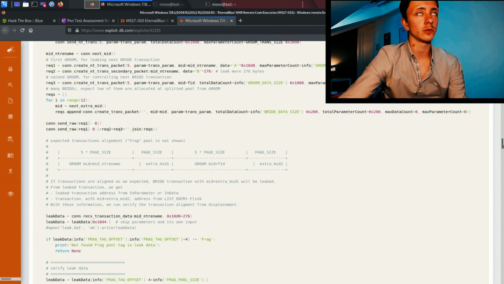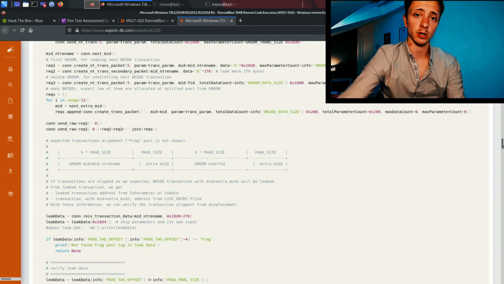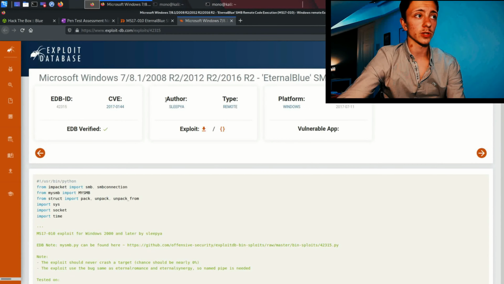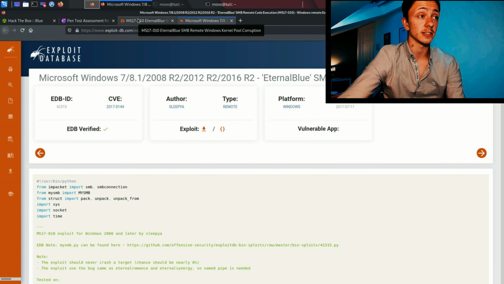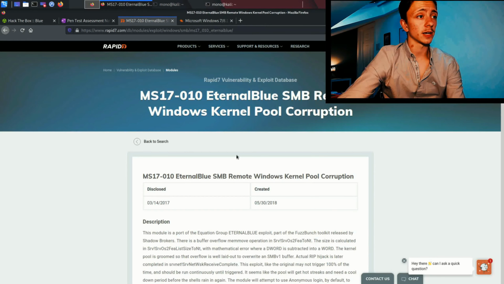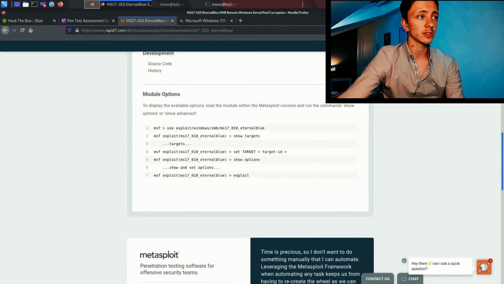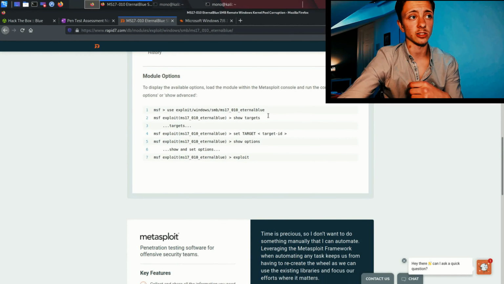Sometimes the exploit code can actually give syntax in the code for how to use it, but for this purpose, Eternal Blue is actually a Metasploit module, so we can use this because it will be easier for us. So what we can do is just scroll down. As you can see, there's a description as well that I often read: SMB user, SMB password, things like that. Scroll down and you can see here's the Eternal Blue module. So we can actually do this right now. So we can just copy this,